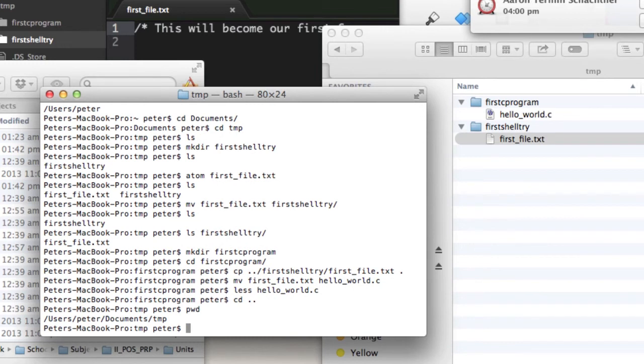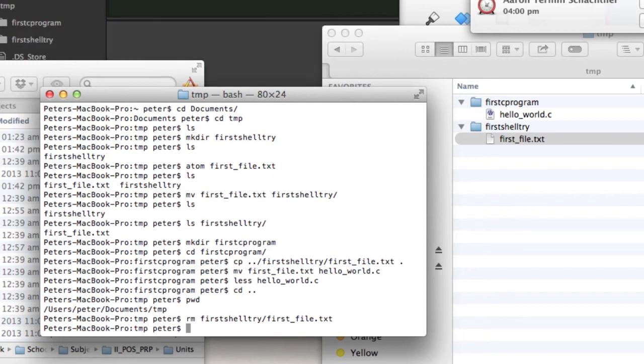You see, we're in temp, and since we have our program in the first C program, so we have our file, and the first shell try is not of use anymore, we want to delete the whole thing. And for this we have two different options. The first option is that we delete the file first, rm for remove, first shell try and first file.txt. So we want to remove this specific file,